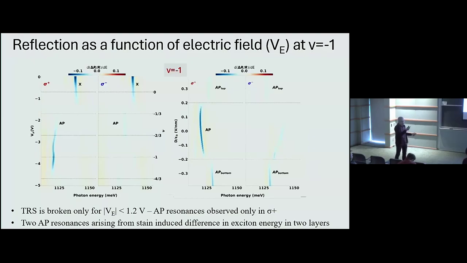So the question you are raising is: in this scenario there is no ferroelectricity at zero field. What can we say about some polarization? Is it spontaneous? This I do not know, but this is the data. We have two attractive polaron resonances, two exciton resonances. That's because the two layers have slightly different strain, and therefore there are two resonances. But the two resonances seem to hybridize, and that's why one resonance is substantially stronger than the other. And we don't fully understand that part.